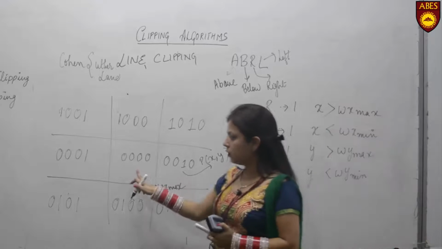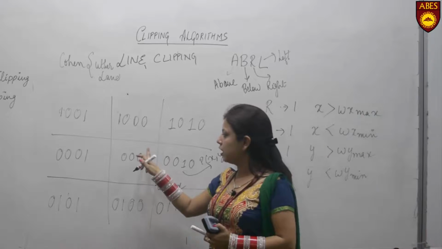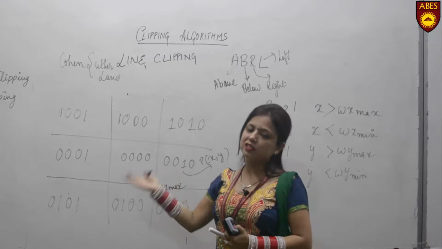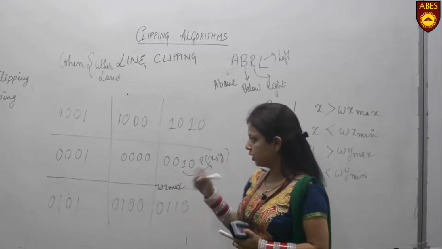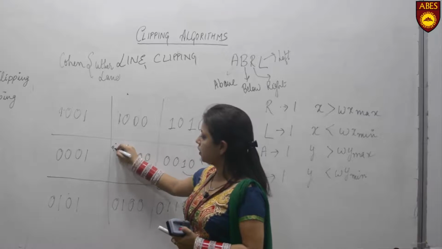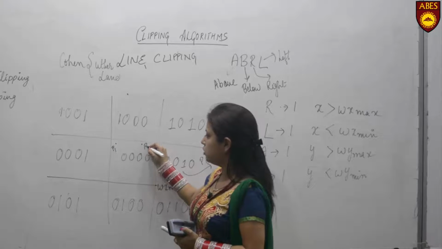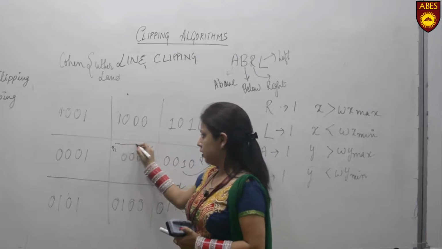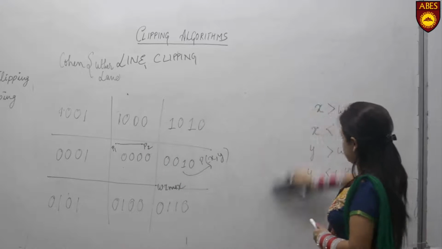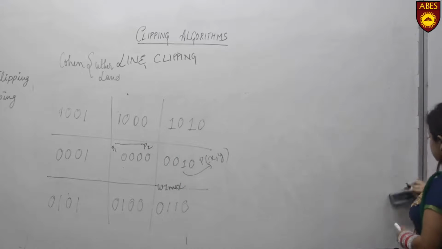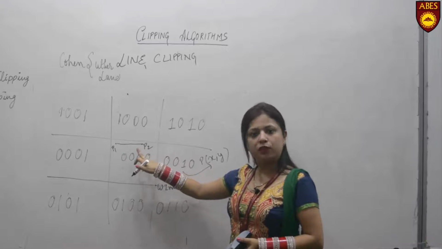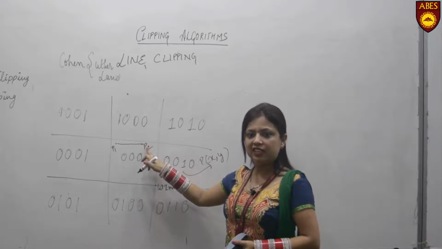The thing we need to remember is that the points inside the window would be retained, and the points on the boundary of the window will also be considered as points inside the window. Now what the algorithm says is, for example, you have a point P1 over here and a point P2 over here. If I evaluate the code of P1, you can see that P1 and P2 are within the window, so the line will be entirely accepted.